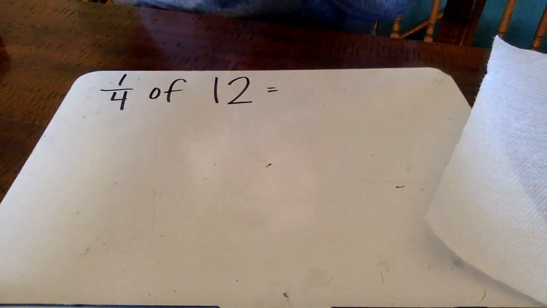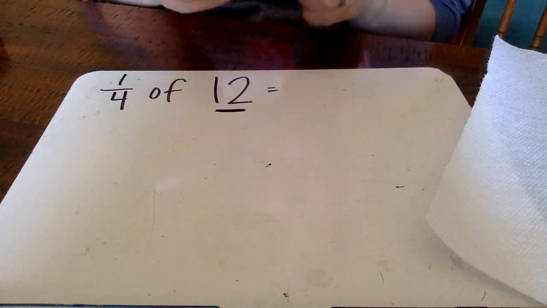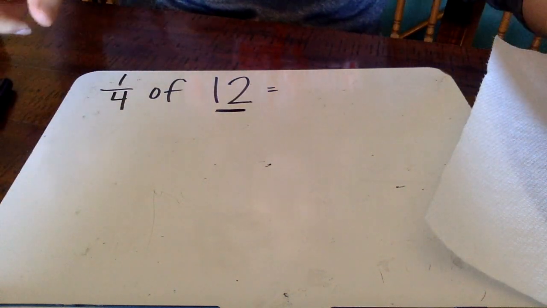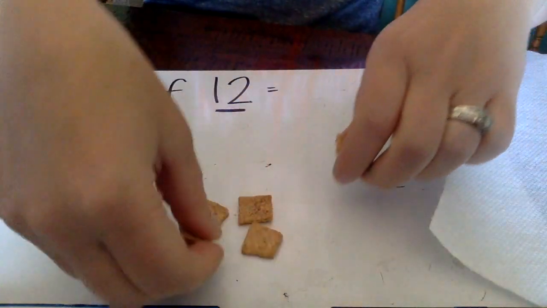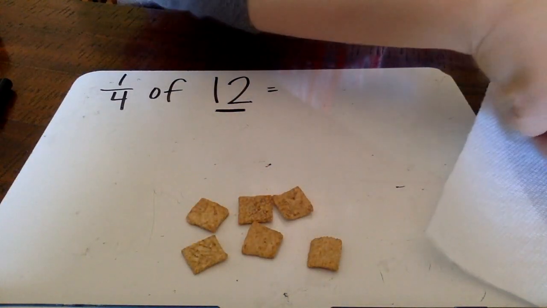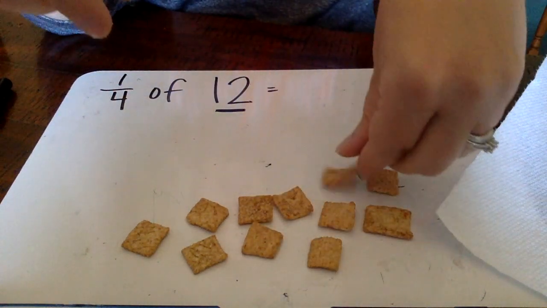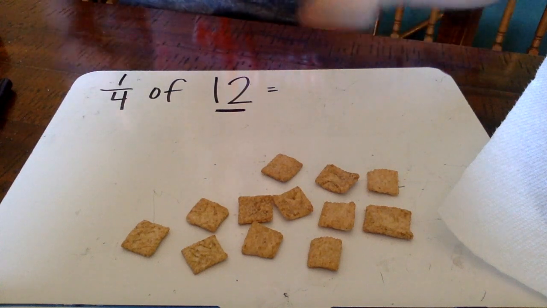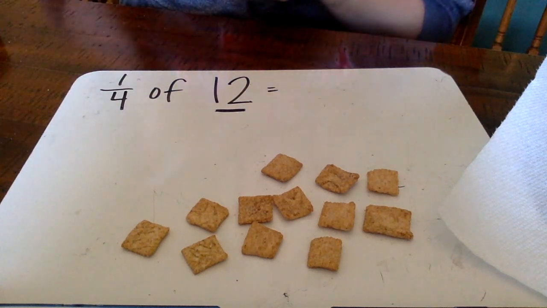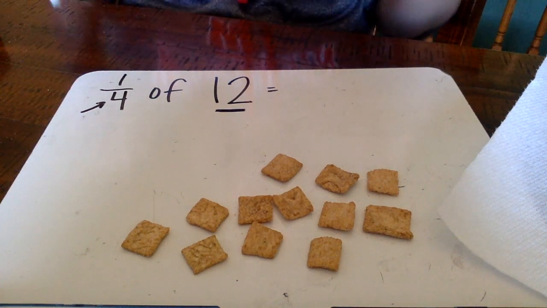So what I need you to remember is, since this whole number is 12, I'm going to pull out 12 pieces of cereal. 1, 2, 3, 4, 5, 6, 7, 8, 9, 10, 11, 12. So that is the group I'm working with. I'm working with 12. I look at this bottom number then, and that tells me how many groups I need